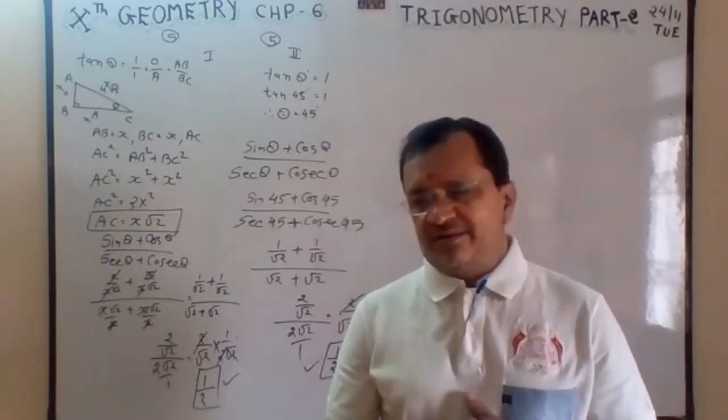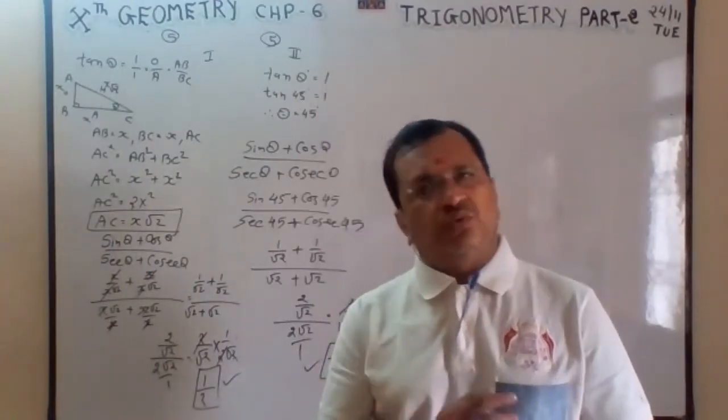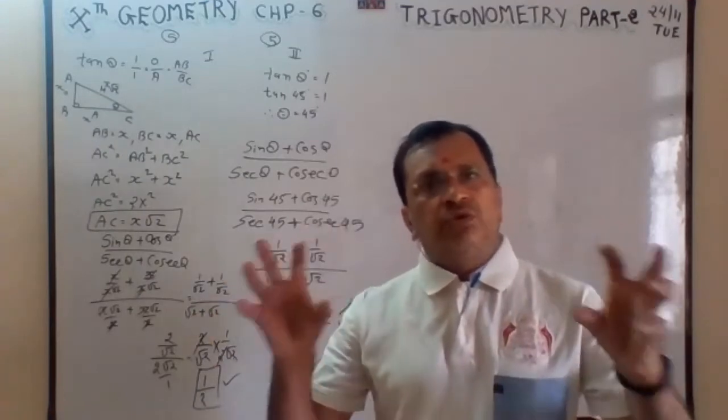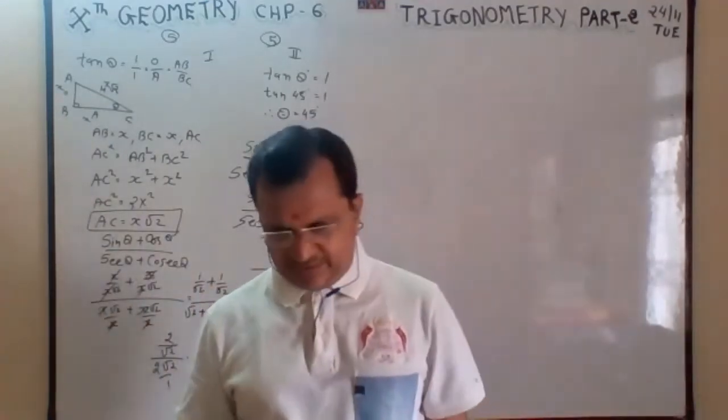Now we are starting this part 2. To prove left is equal to right. For example,